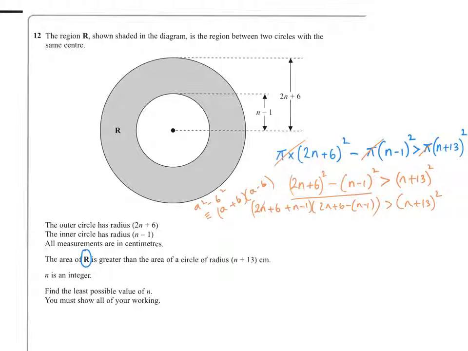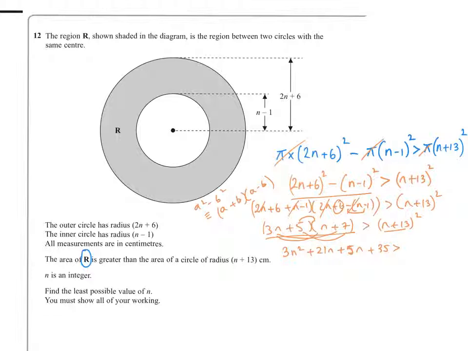So we're going to have 2n and n, that's 3n plus 5, times 2n minus n, which is n, and then 6 minus minus 1 is 7. And that just meant I had a little bit less to multiply out here than what I had to begin with. So I'm going to have 3n squared plus 21n plus 5n plus 35 is going to be greater than